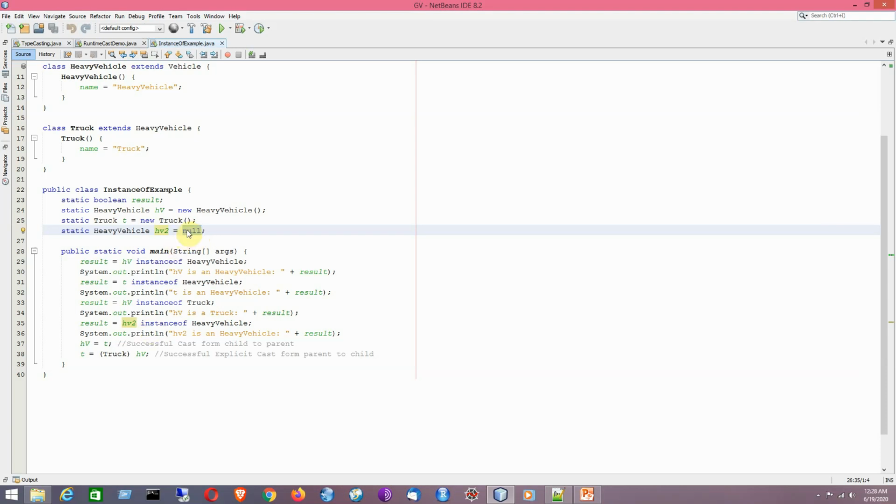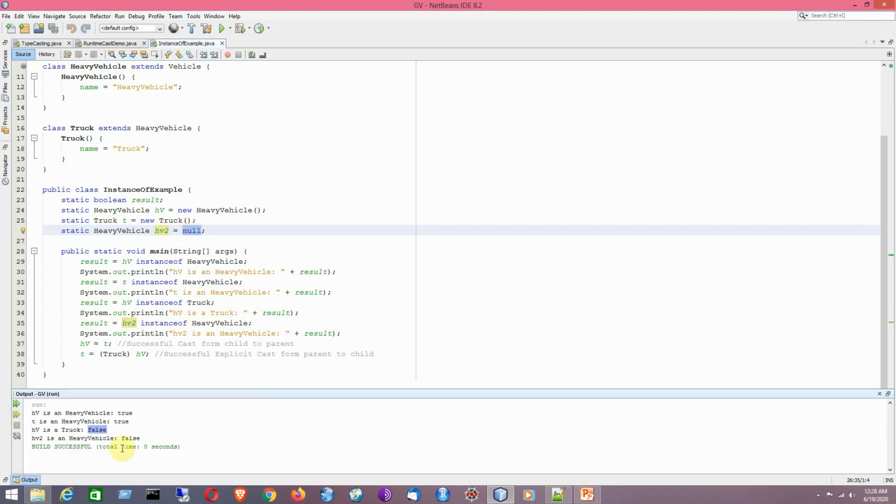It has not been initialized with an object, and it is denoting null. So it will not be an instance of heavy vehicle. That is why the result is false. So the program will run and give the output according to our expectation.